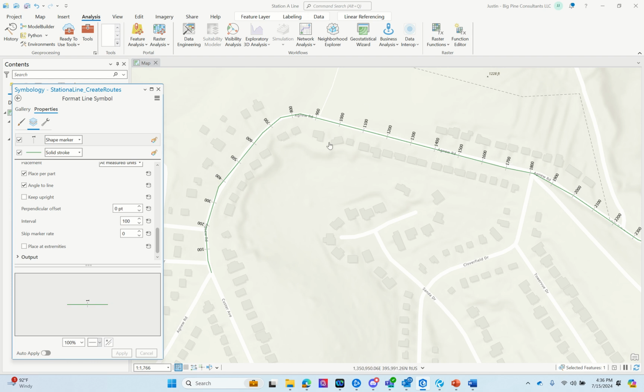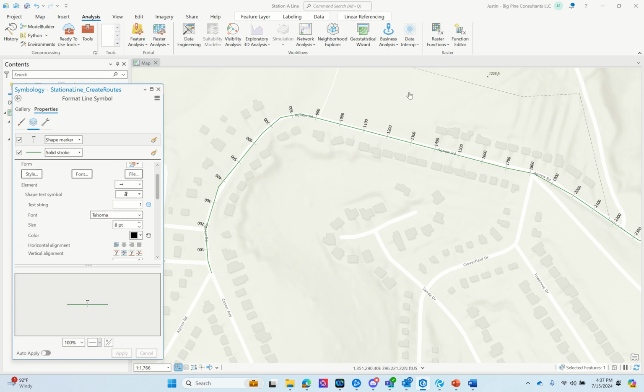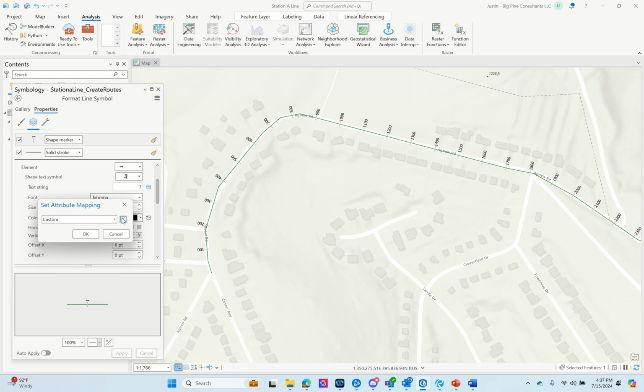But you know, when we do our reports, stationing has a very specific format. So even though this makes a lot of sense for us logically, it's not how we typically depict stations. We usually want something that is, like in this case, 1 plus 0, 0 instead of 100. And you might have stationing that's maybe not exactly 1 plus 0, 0. So if it was just 1 plus 0, 0 and you just wanted the simple stationing, we could go back to this text string and change it